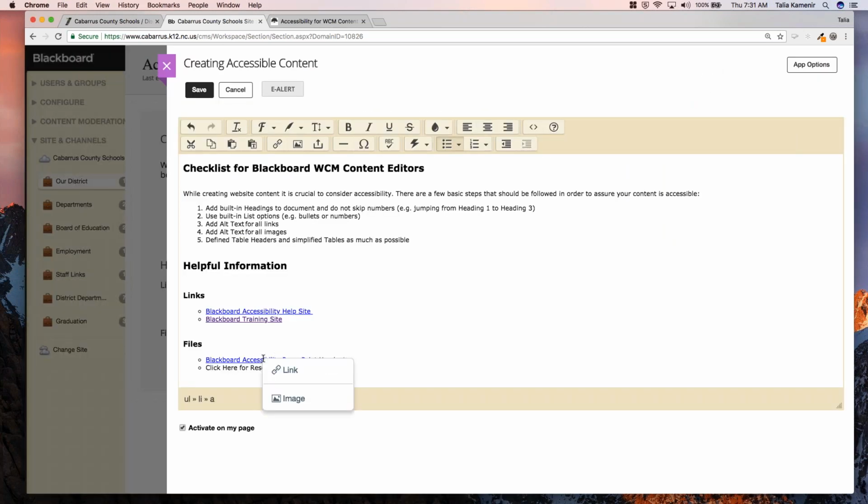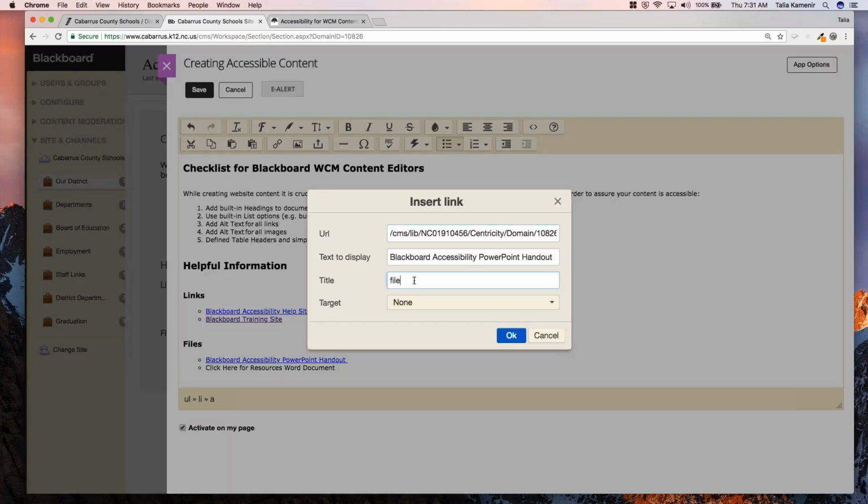And then I would simply come here, do that right click thing, and write in file will open as a